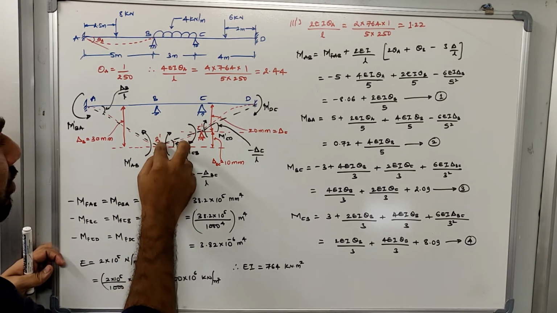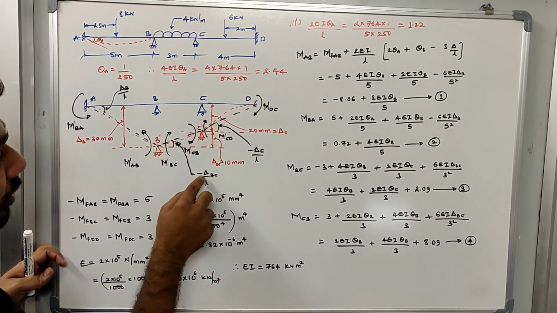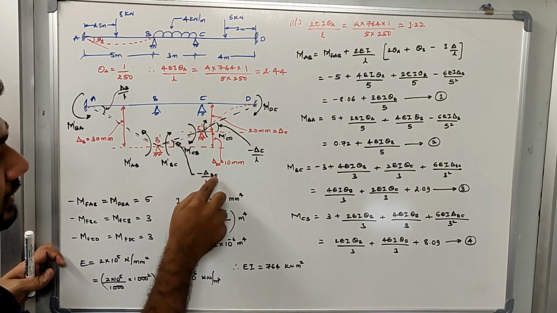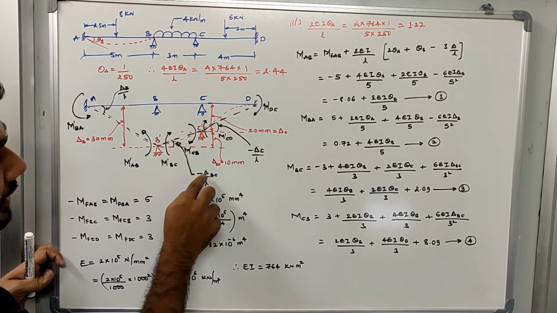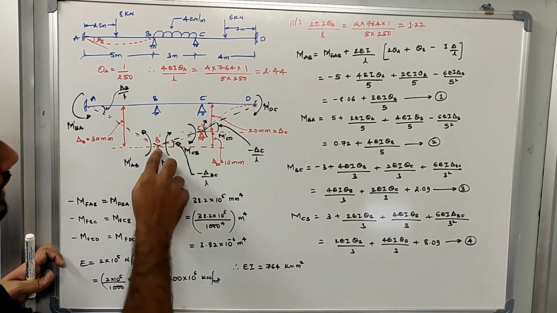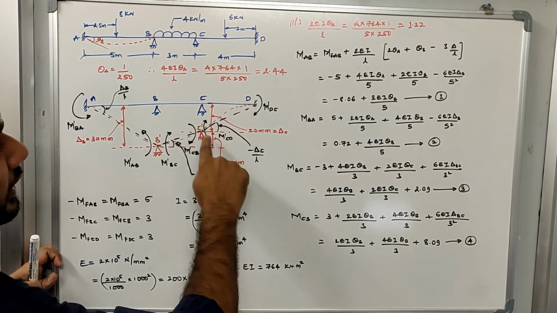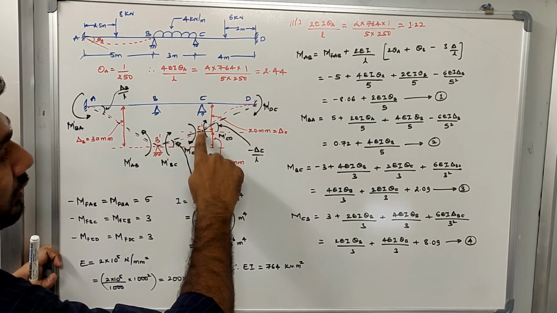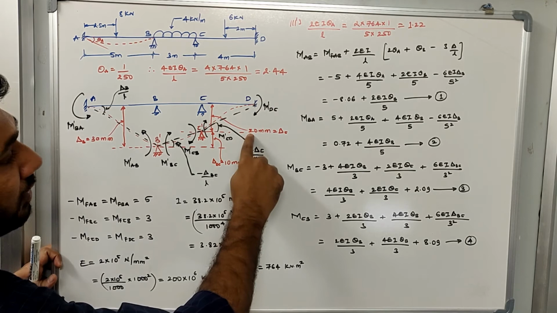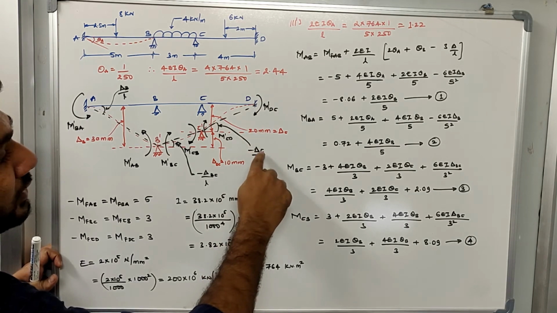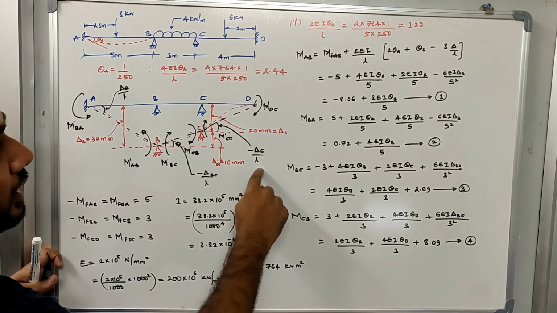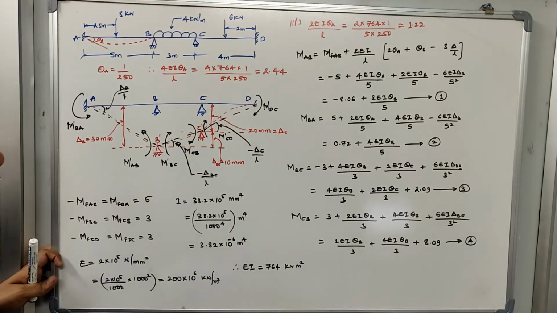Now with respect to the member, we are going to substitute the value of delta values, right? For calculating MBC and MCB, I am going to substitute delta BC. And you know why the minus symbol is there. Minus symbol is because near end is at the lower elevation, far end is at higher elevation. Now going to member CD, as you can see here, the difference of elevation between C dash and D is 20 mm. So I am going to substitute minus delta C by L in the equation while calculating MCD and MDC.